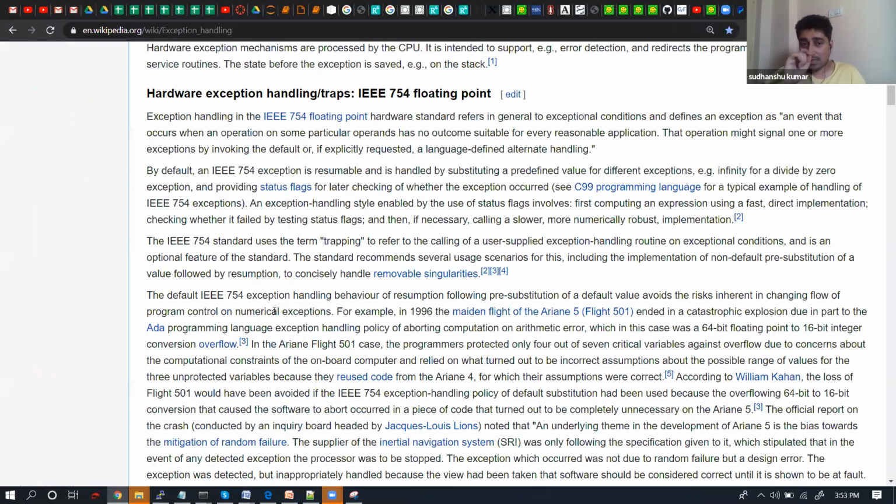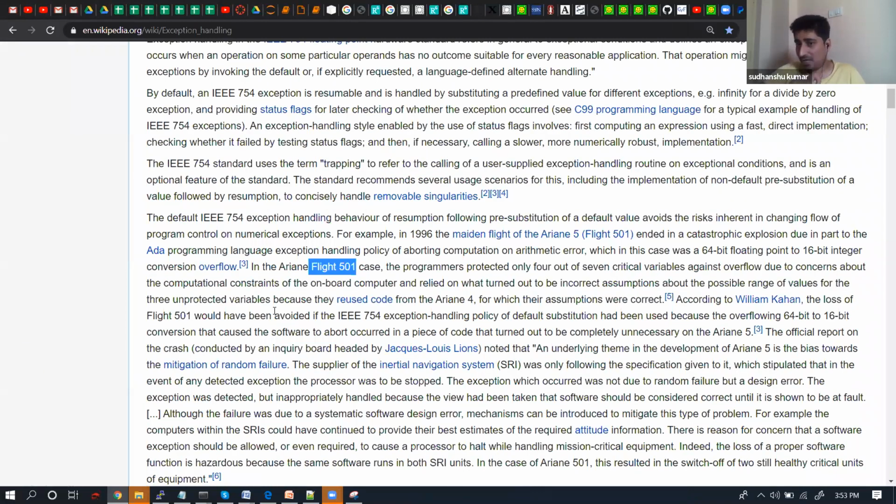They had written the code in the Ada programming language, and they had not handled some kind of exceptions. They had already handled almost every kind of exception, but not one for a single sensor inside an engine. They were not expecting that this sensor would fail at any point in time, but that sensor failed, and it failed the other subsequent programs, which stopped the entire engine of the flight. And just because of that,